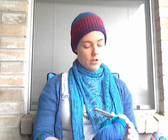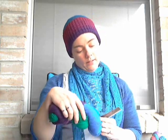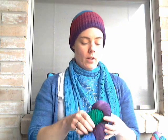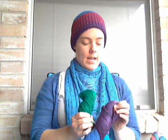And then I ended up picking up a skein from the Sassy Sheep. So this is, what is it? 6-ply, 100% superwash merino, and it's a fairly light fingering, all things considered. So this is 750 yards of variegated,